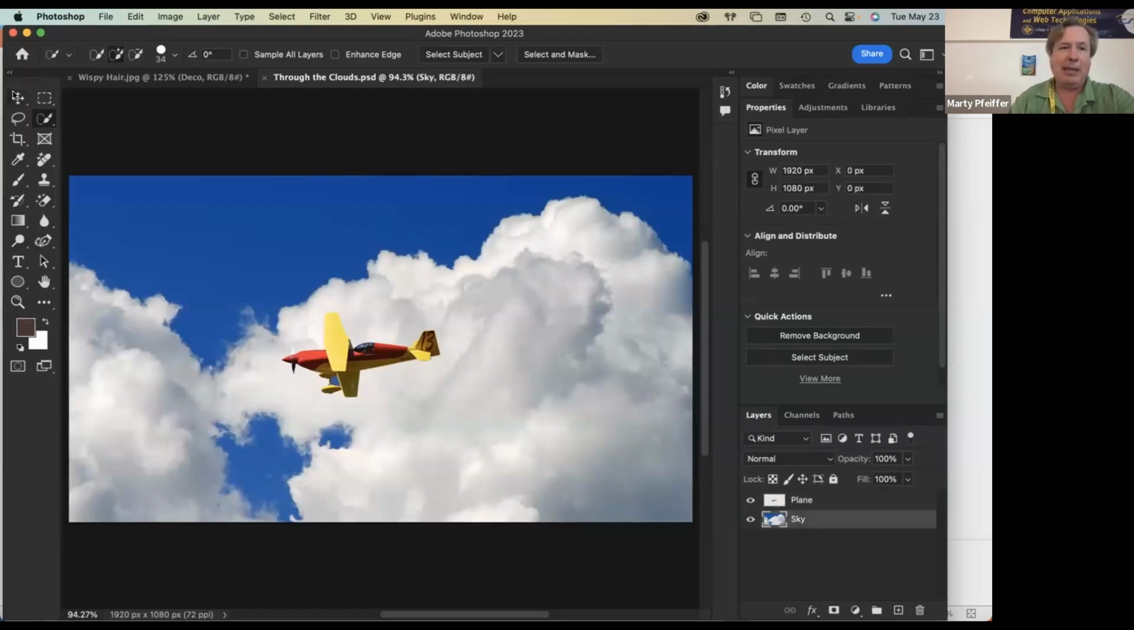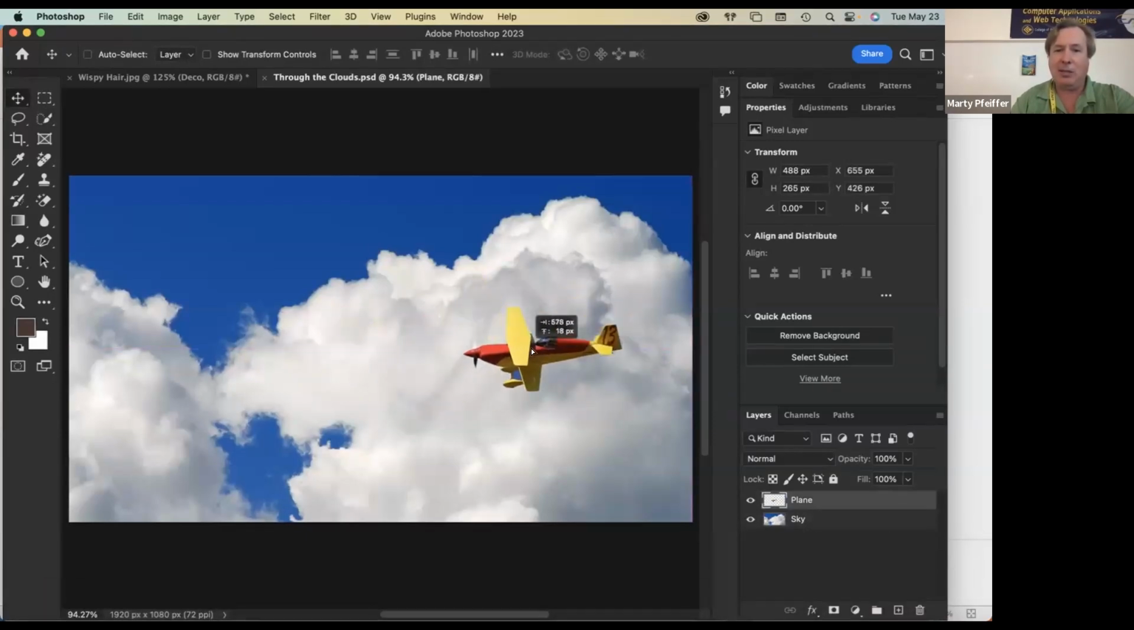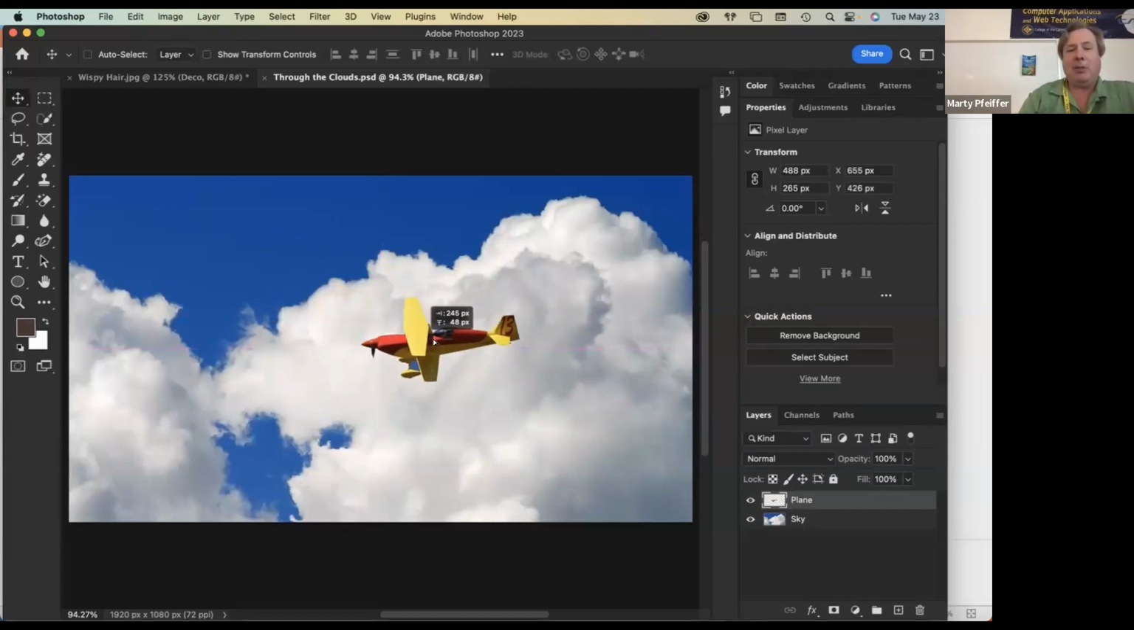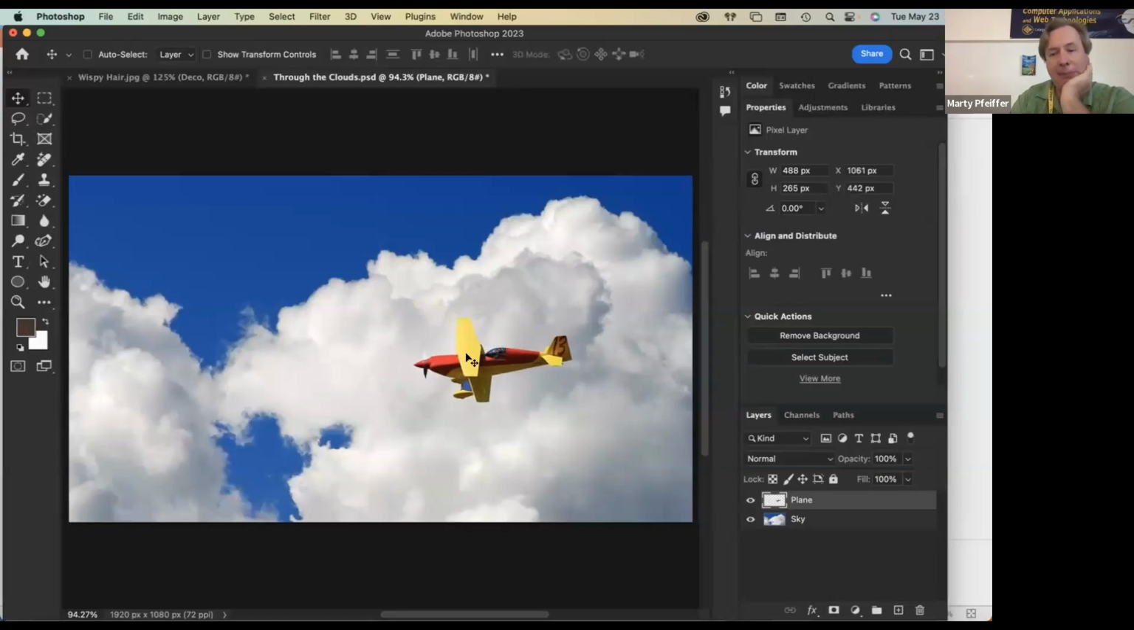And what we'd like is when we move the plane, we'd like it to peek out of the clouds, kind of like going in and out of the clouds. And when it's in the blue, obviously, we're going to see it. But when it's in the white of the clouds, we'd like to have it obscured. So how can we do that? What we could do is